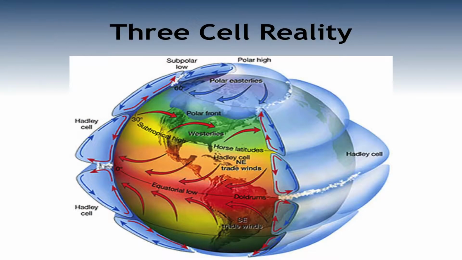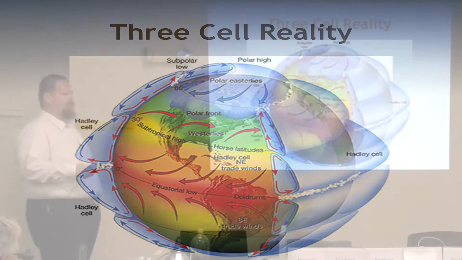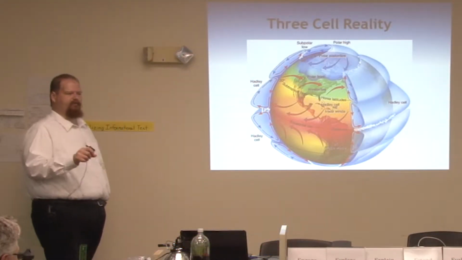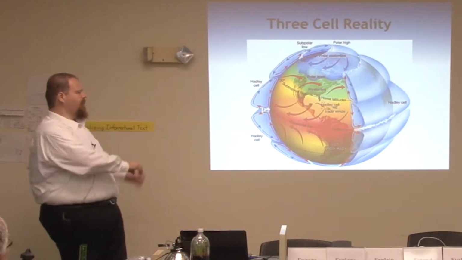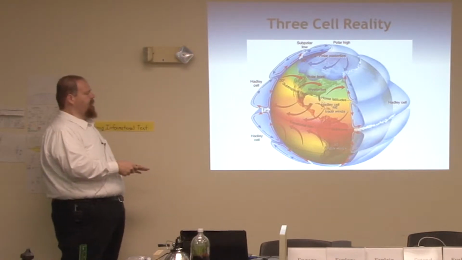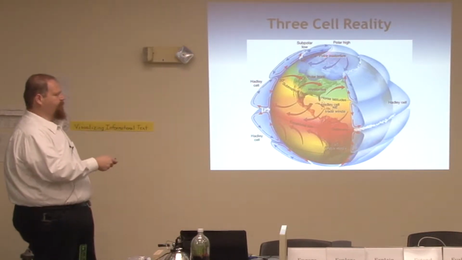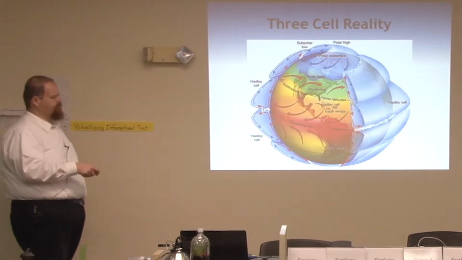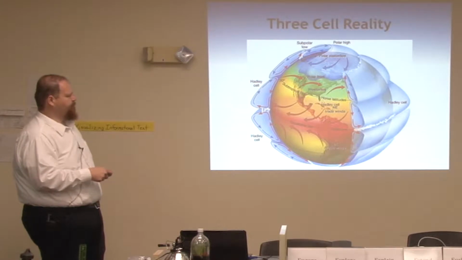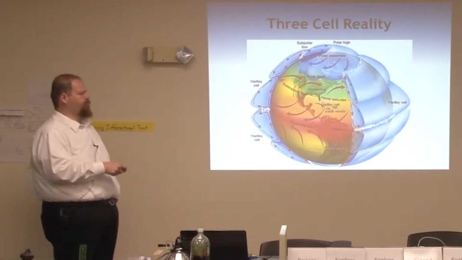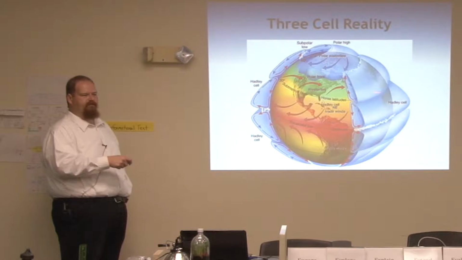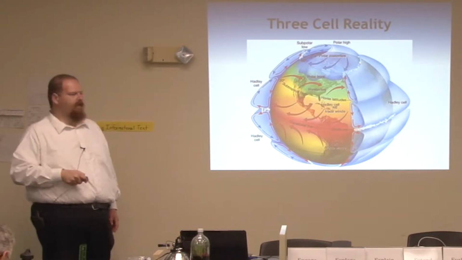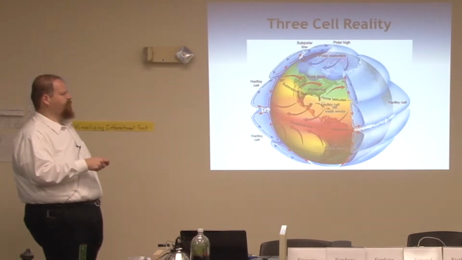So what does the Earth actually do? Well, we know that the Earth rotates. And when the Earth rotates, we get a different pattern than what we saw with the aquaplanet. And you don't have to worry about all the details here. It's just to show you what in reality, we just don't have the flow at the surface from the poles to the equator. Because we're spinning, and because we have differences between land and ocean heating up, we get bands of higher and lower pressure. And so we get a lot of complex air movement throughout the world.